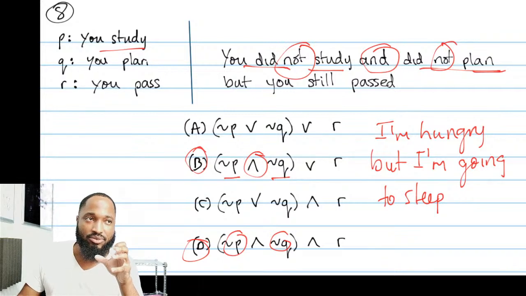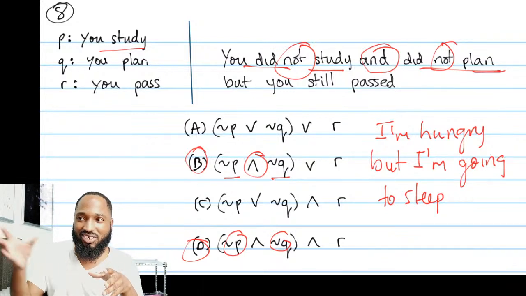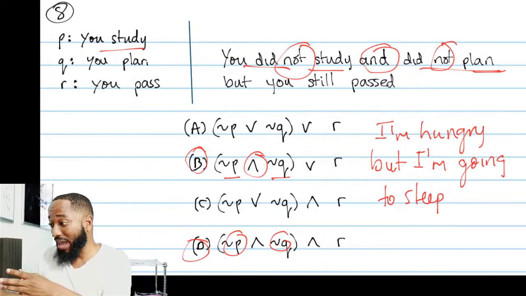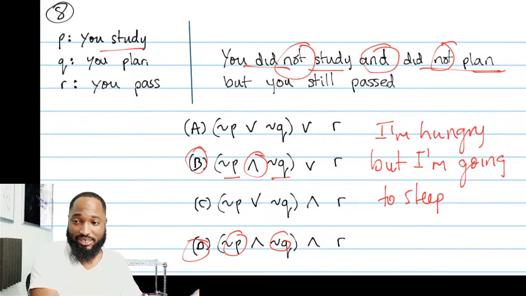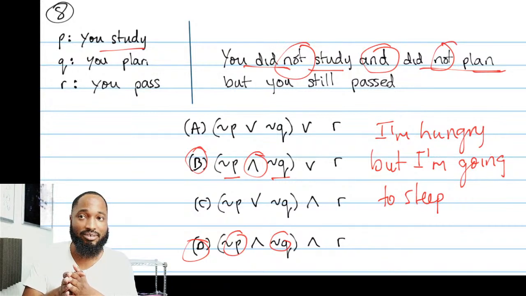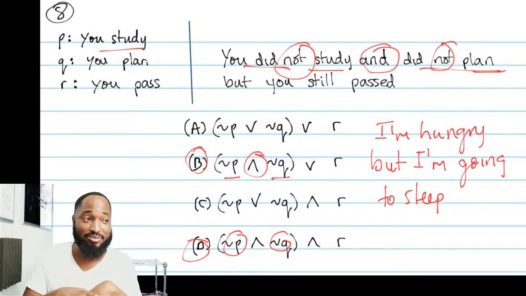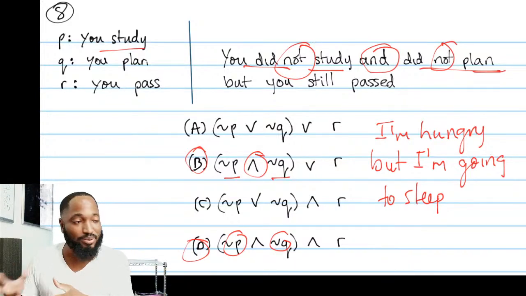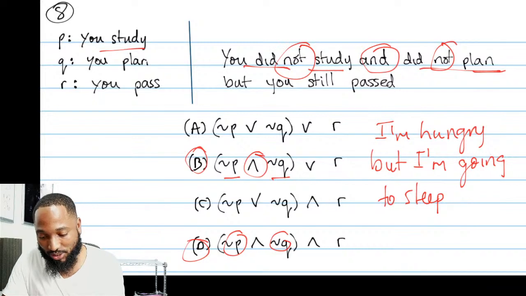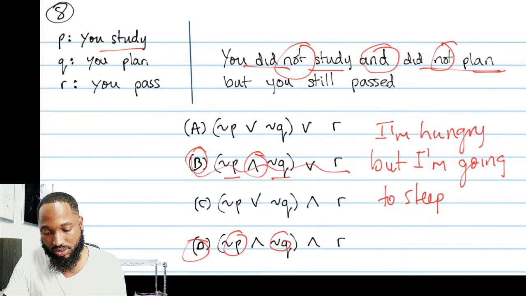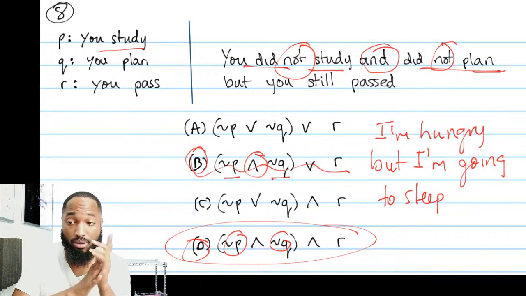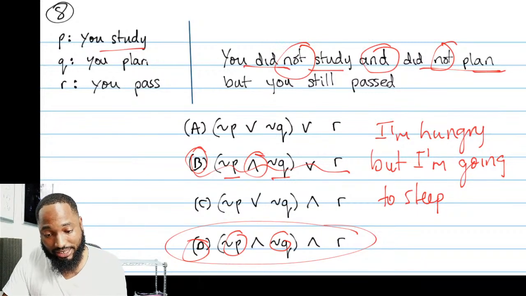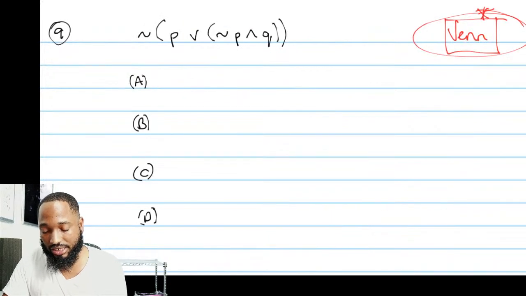But is and. The only reason we sometimes use but is to contrast the two, like this is so weird and I'm still going to do this. So you put but. I don't like how this person looks, but I still love them. I'm still going to be in a relationship with them. So but is like a contrast. But is and. Remember that. Therefore it's not going to be B, it's going to be D. Once you have it, you have it. Anytime you see that but thing, they come in to test you with that as well. So that's what this question is testing you about.